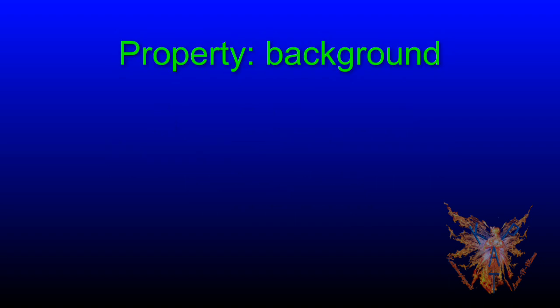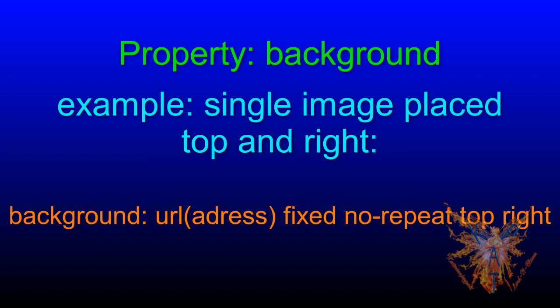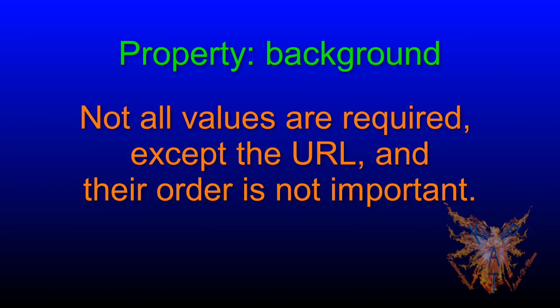In a single function, we will be able to set all the desired values for our background image. For example, I want a simple image, which will remain permanently in the upper right corner of our page. I would define this thanks to the function background, with as values its URL, and the values fixed, no repeat, top and right. Like this. You are not obliged to put all the values. Those not defined will be replaced by the default values, or by parent values which would be defined in parent